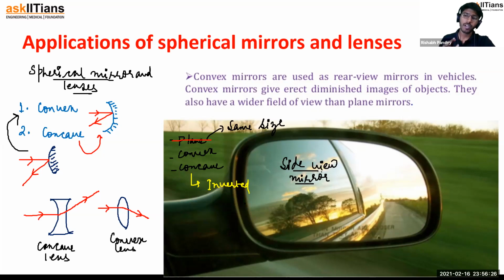Just try to imagine that there's a truck or a car or a bike behind you, and the image which is being formed on the mirror is inverted. That means the tires are on the top and the roof is at the bottom. Won't that be weird, isn't it? So size is not an issue generally in a concave mirror, but okay, let's talk about this. It makes an image of a large size